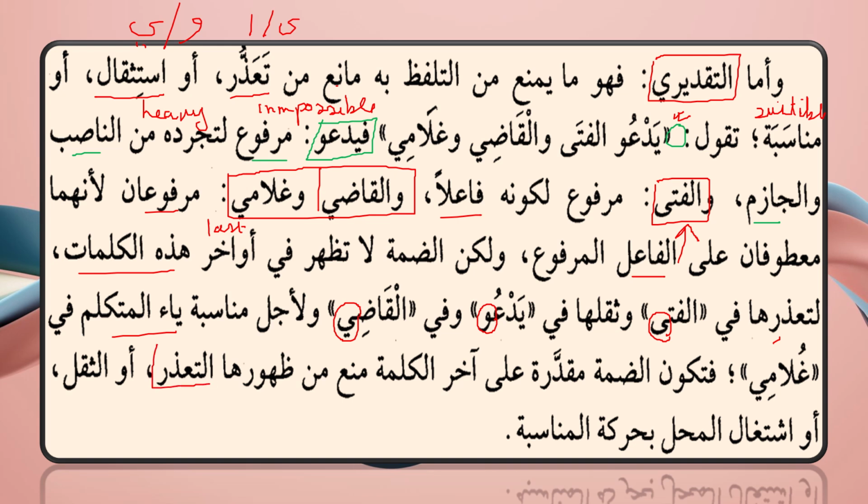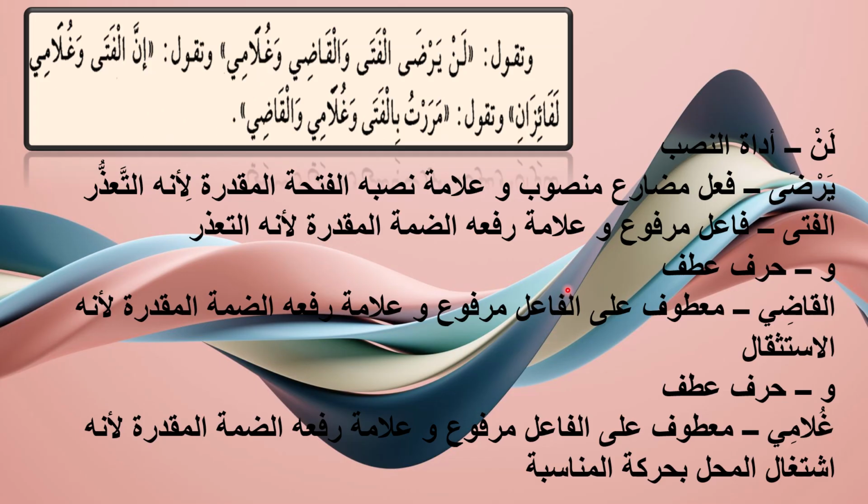So the first reason is تعذر. The second one you learned about is ثقل in case of waw and ya. تعذر in case of alif maqsura. And اشتغال المحل in the case of ya mutakallim, only in the case of damir ya mutakallim. So you should learn these important points here. So now let's see what the author explains next. Let's see the last two cases, that is the mansub and the majroor case.